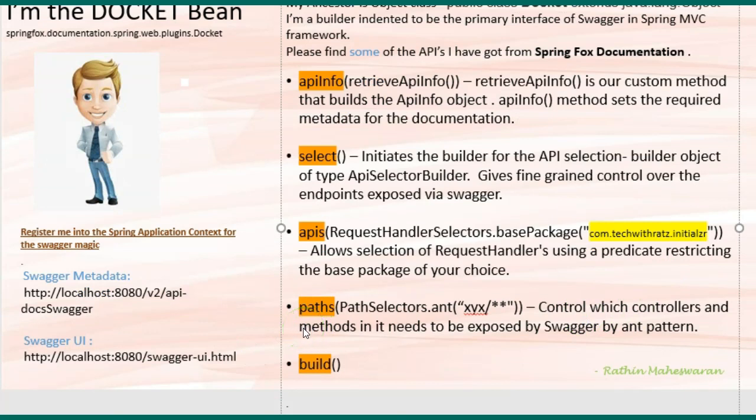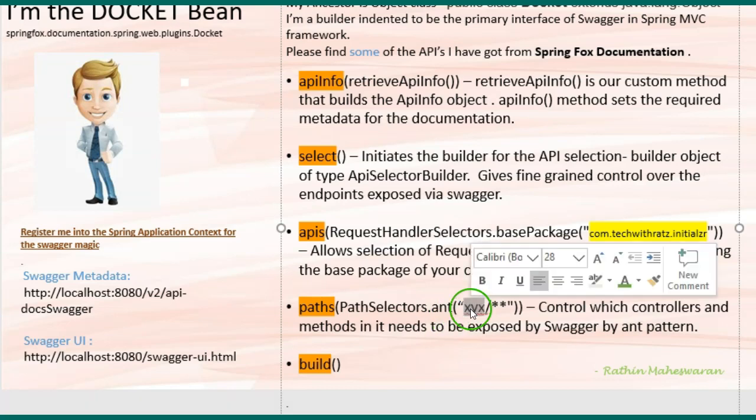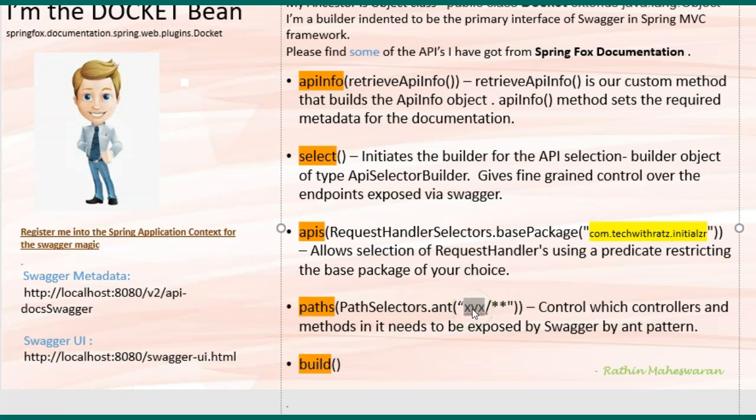Paths allows us to define which controller methods should be included based on the path mapping. We can also define ANT pattern and regex pattern. Here we are going for ANT pattern. This is the pattern that we defined in the request mapping at the top of the controller.